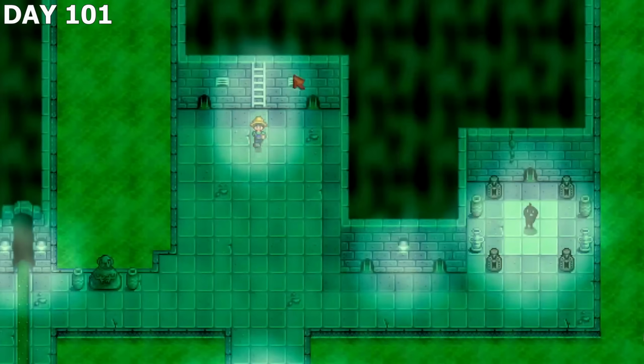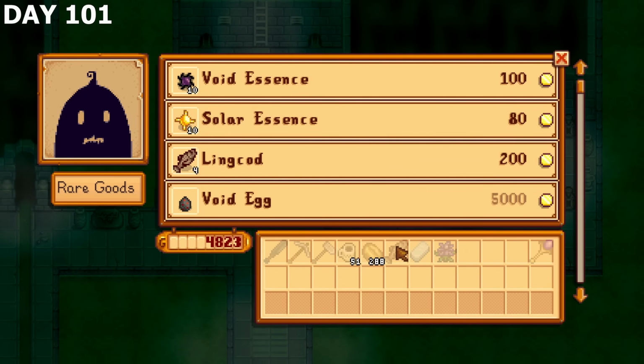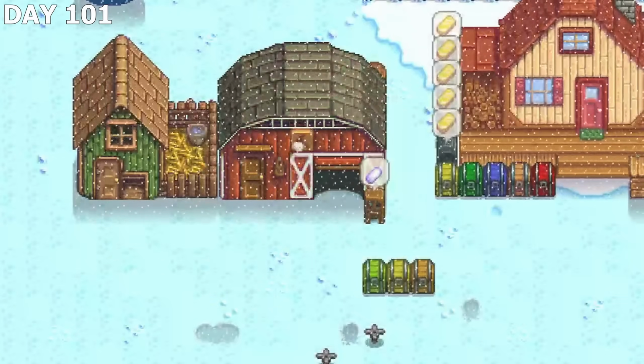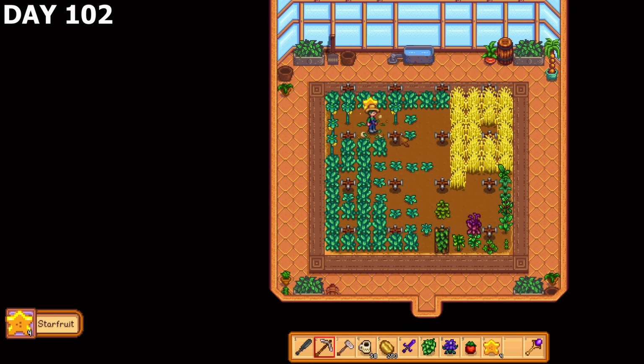I used my new rusty key to enter the sewer and talk to Krobus, although nothing seemed randomized down here. He does sell me a link cod, which I bring to Willy to cheat that quest and get 20 deluxe speed grow. I bring an iron bar to Clint for another elevator, then have Robin begin construction on my free deluxe barn. On day 102, I find my galaxy dagger in the mail and harvest my greenhouse starfruit, which I